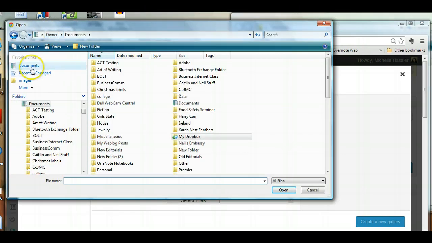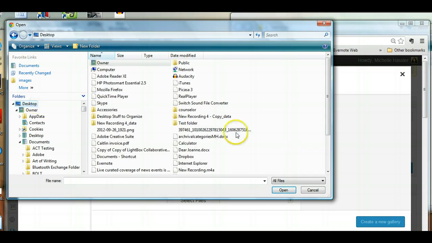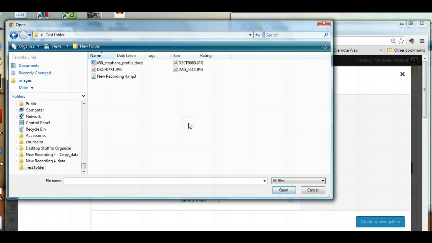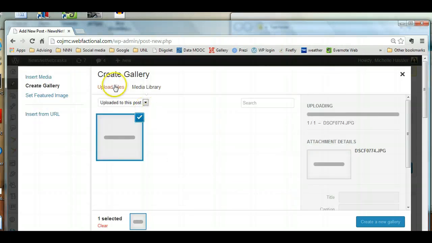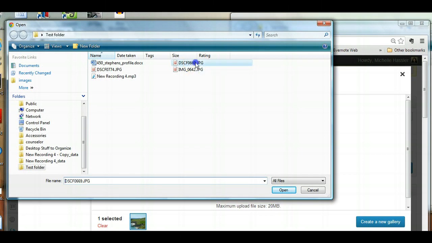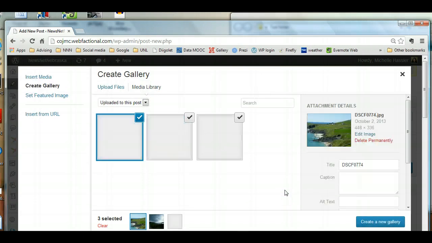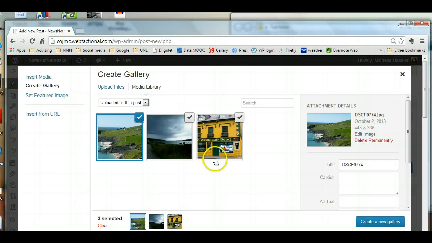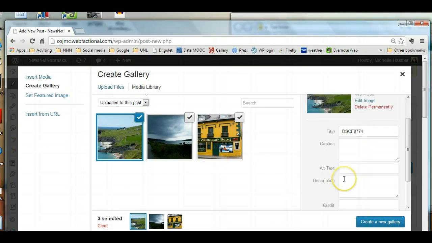So I'm going to go to the desktop where I have everything. Gonna select those, see if that'll bring them both at the same time. Okay, so here are my photos. Now all I need to really do is add my caption. So I'm going to say